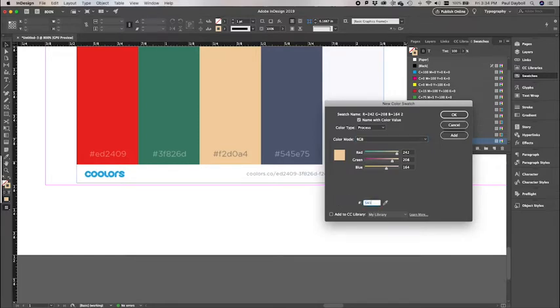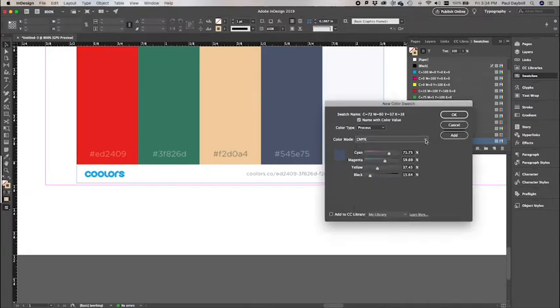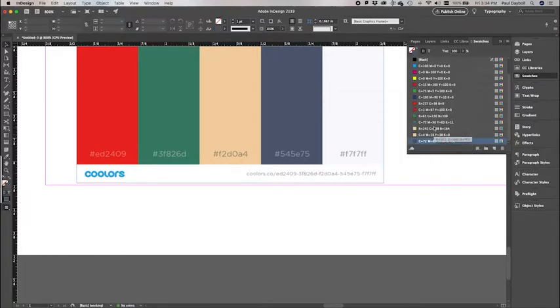And 545E75. I guess I could switch it right at that point. There we go. That'll work. Add. Done. So now what I could do is I could get rid of the hex ones here just by